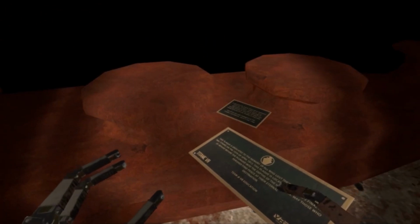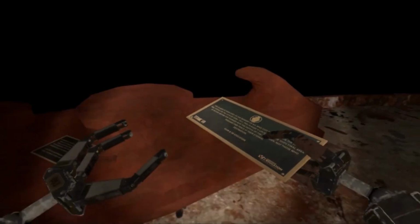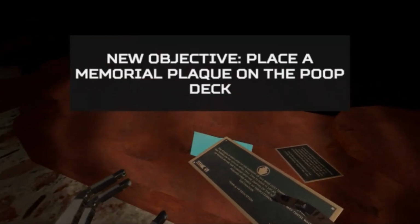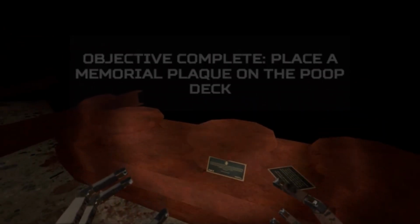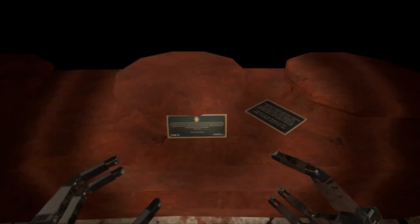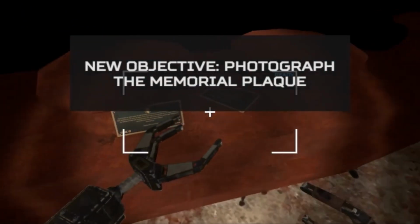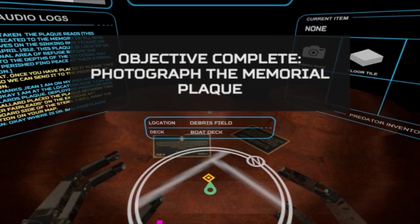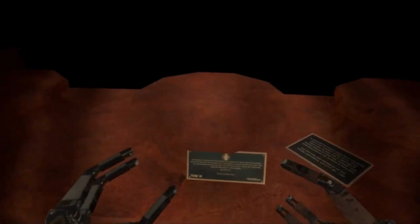Ballard placed the plaque between two roller fair leads on the extreme aft starboard side of the stern. I will mark the location on your map. I'm on location. Thanks, Gene. I'm on my way now. Great. Once you've placed it, please take a photo so we can send it to the people at VR Education. Photo taken. The plaque reads, "This plaque is dedicated to the memory of all those who lost their lives on